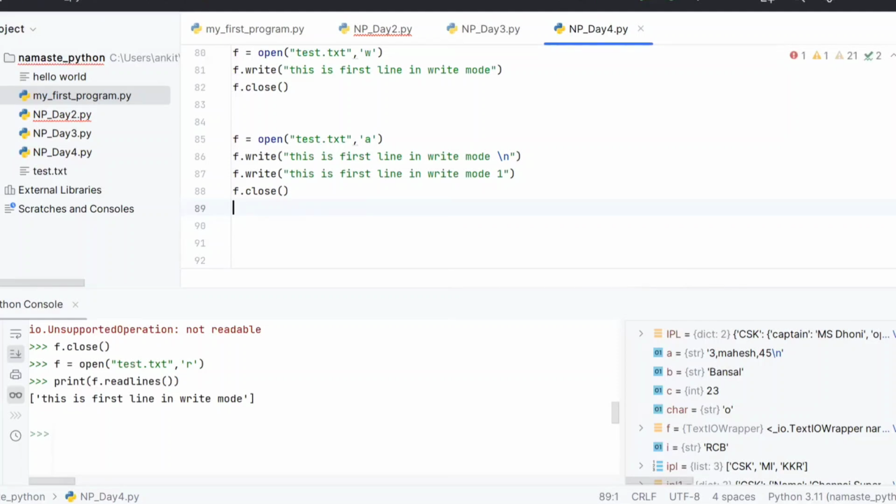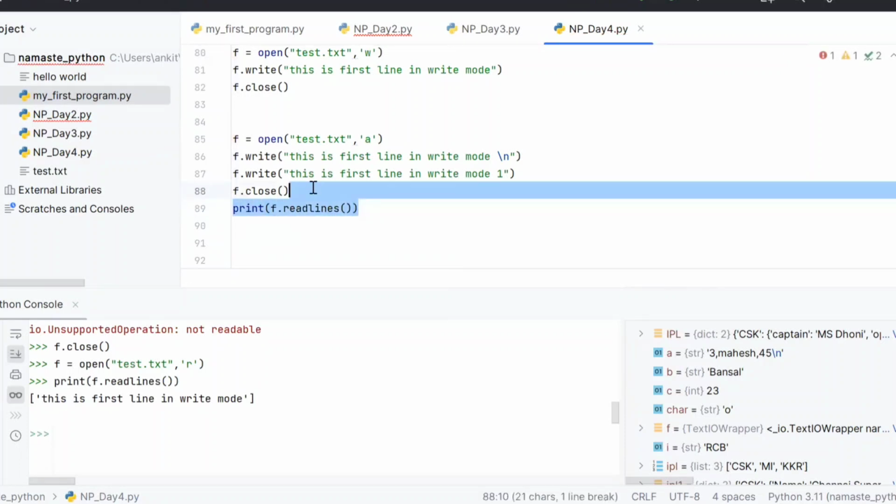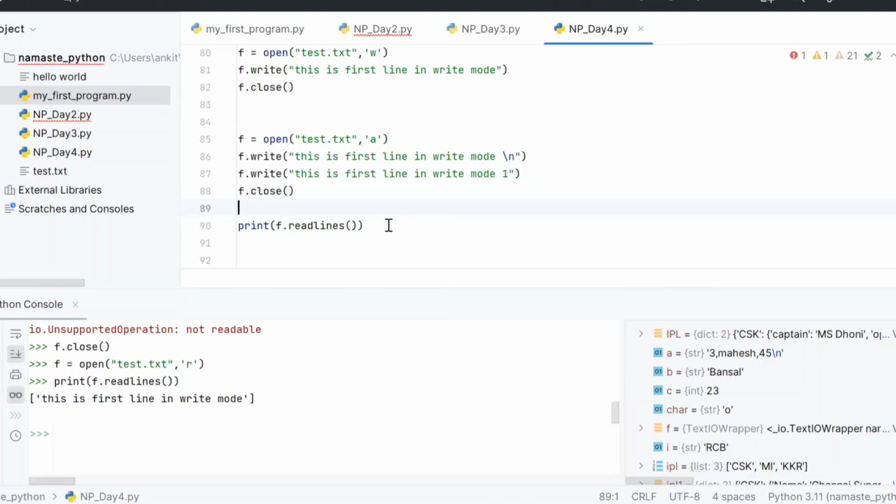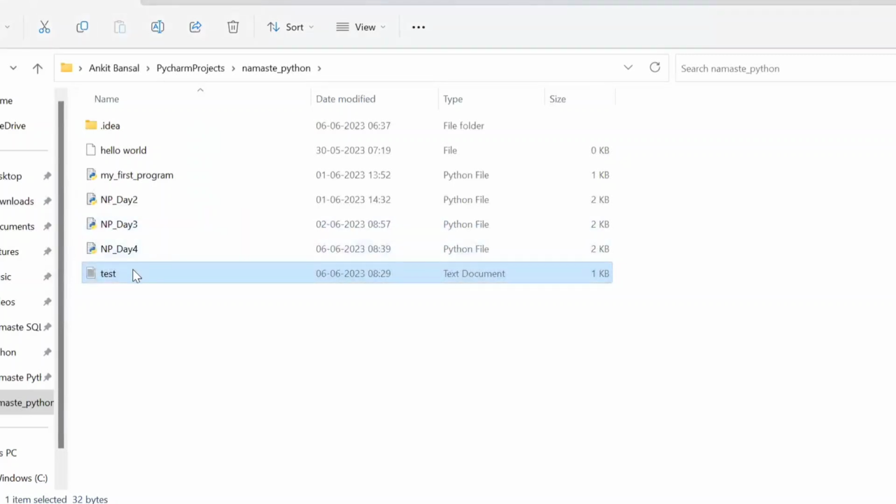Hey, Ankit, just one quick question. Suppose we have a file of more than 100 or 200 lines, and I want to go to a particular line. Is there any way? The same question was asked in an Amazon interview when I was in college, and I failed to answer that. You can just do readlines. It will convert it into a list, right? Let me put one more line here.